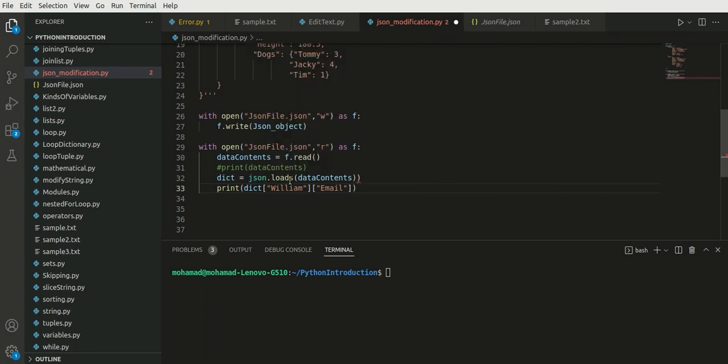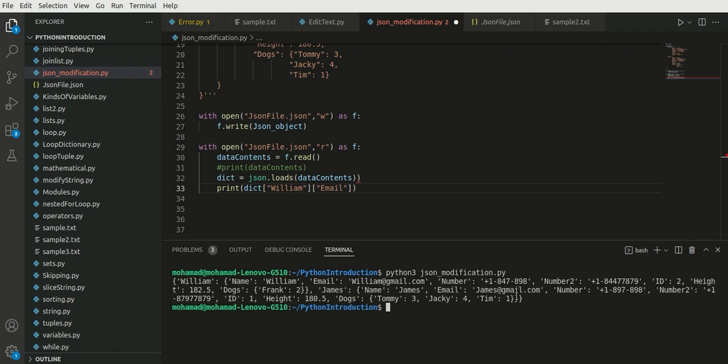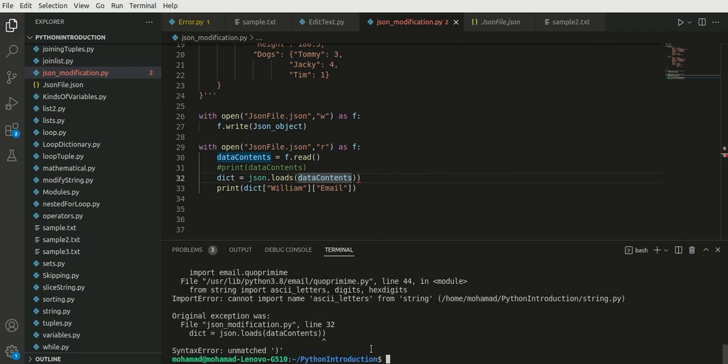So we've parsed JSON, or used the loads function from the JSON module, and then we have a dictionary that we can specify different items and different keywords and then read from it. So here, in the Python create JSON modification file, as you can see we've got all of this data about William printed out. If I save this file and run it, you will see that